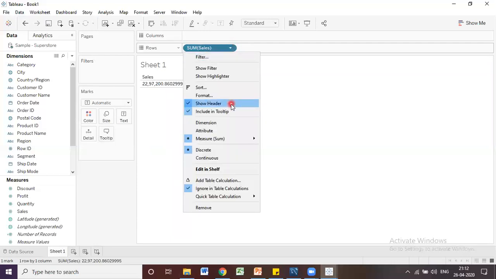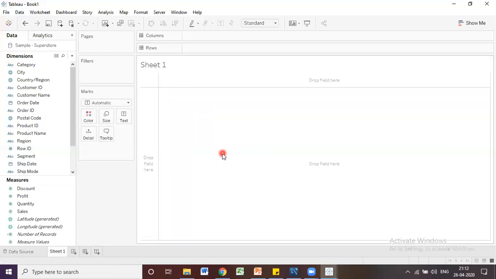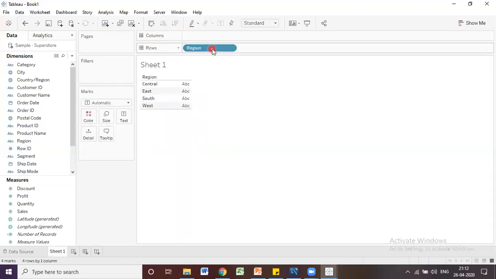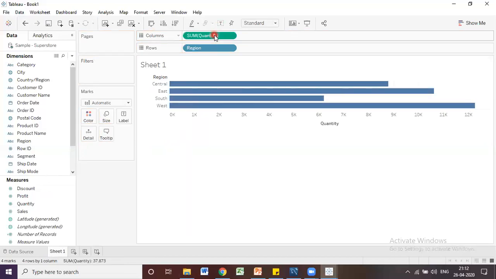Now let me show some difference. I am going to create one visualization. I am going to drag a discrete field, and use quantity in columns. Now the quantity generated an axis because it is a continuous field, and we have one discrete field.